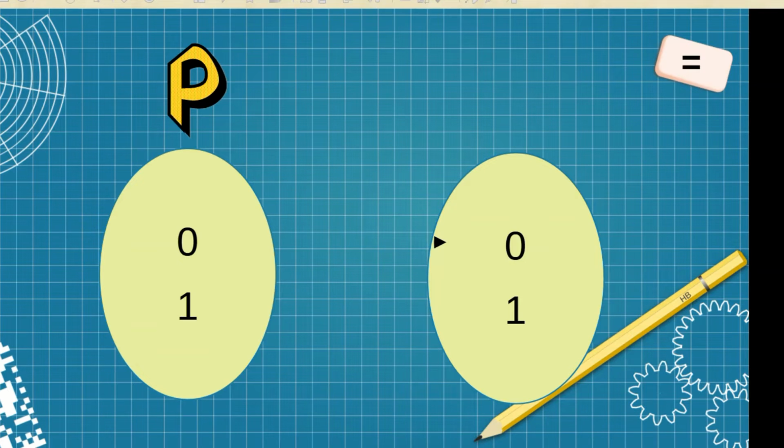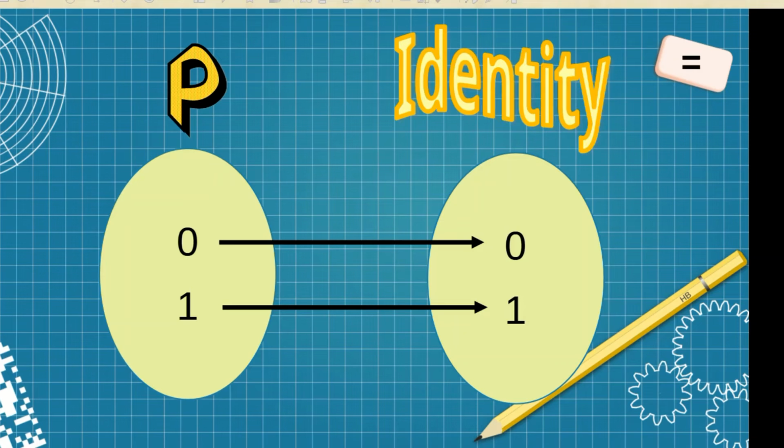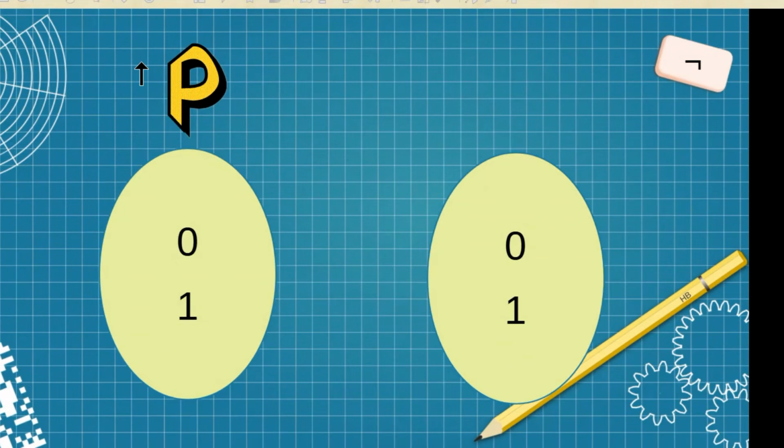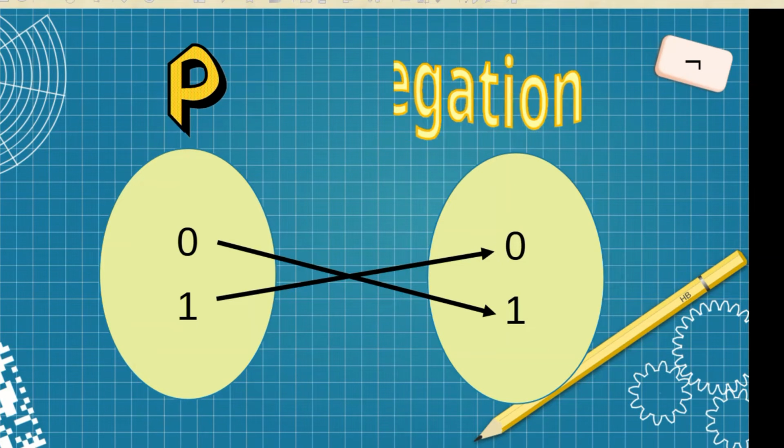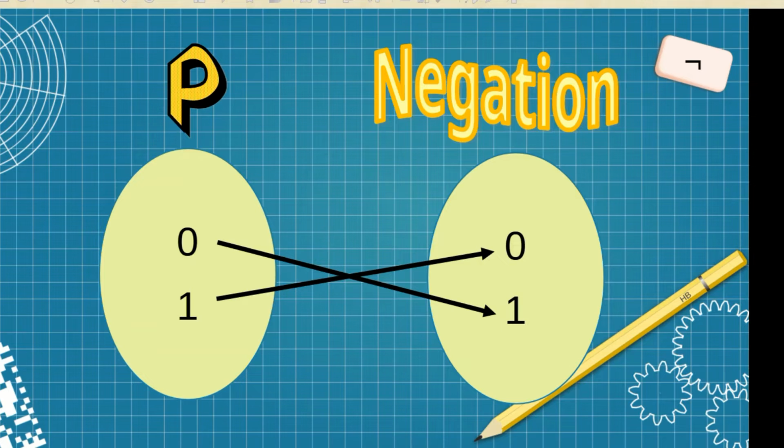This one takes 0 to 0, or rather 1 to 1. The symbol over there gives it away. And that's, of course, the identity function. Very well. The next function, what does it do? The next function maps 0 to 1 and maps 1 to 0. And that, of course, is negation. It just reverses the value of whatever it gets.